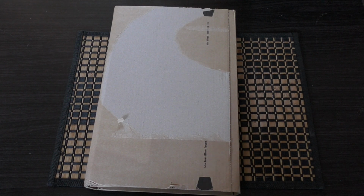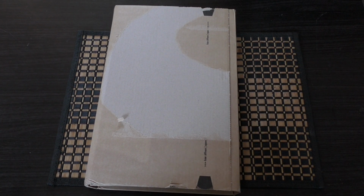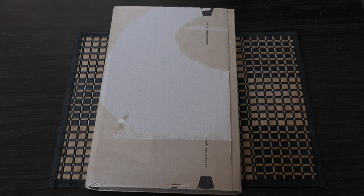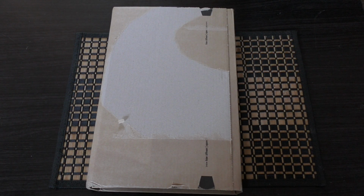Hello and welcome to my unboxing and first look at the brand new Imperial Knights Codex. This is the special limited edition from Games Workshop directly, and it will cost you a whopping £55. It's an absolutely huge amount of money for one codex that will most likely get replaced in a few years' time,